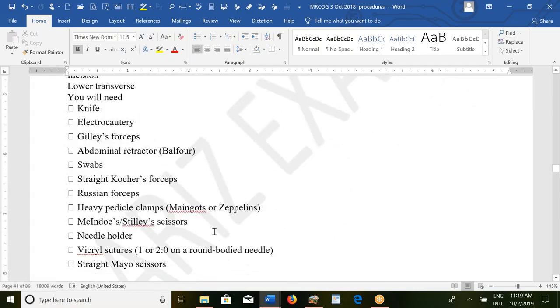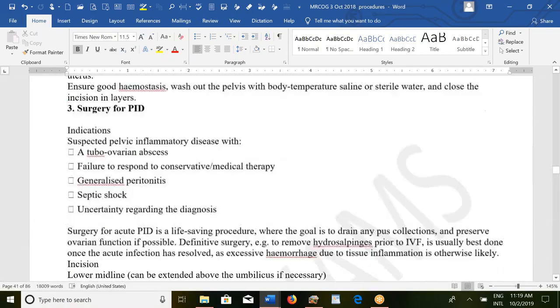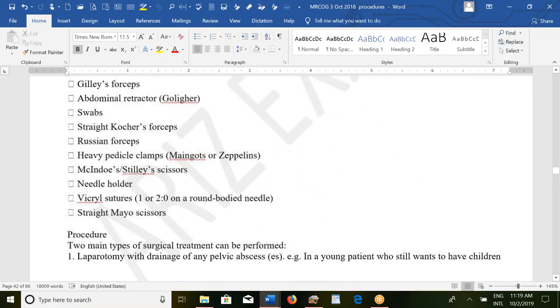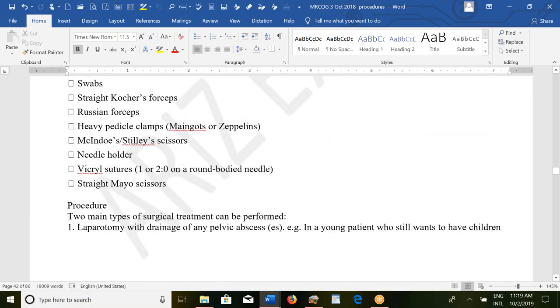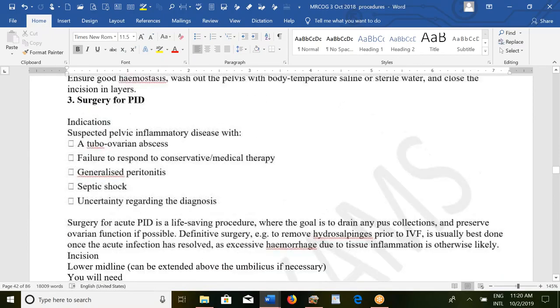So you should know about cystectomy, the adnexectomy. No one is going to ask you about surgery for PID. They will not ask you, but in case they ask, because PID is quite common, they will ask what the indications for surgery in cases of PID are. You will say that if there is suspected pelvic inflammatory disease with a tubo-ovarian abscess, or there is a failure to respond to conservative or medical therapy, if the patient has developed generalized peritonitis, if she is in septic shock,